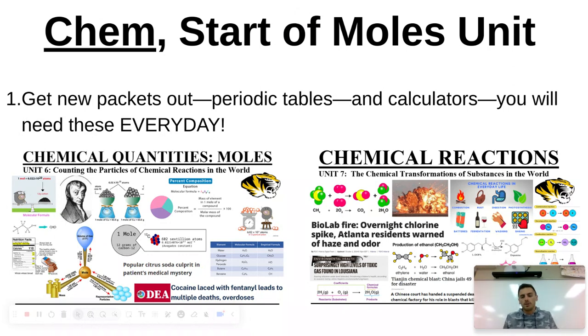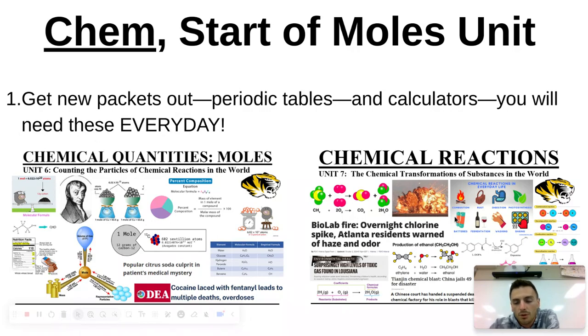Otherwise, our next two units really are different, but then they'll end up coming together and mixing for our biggest unit in chemistry called stoichiometry. But what you guys are starting now is the moles chapter. So what the moles chapter is really is how we count particles in chemical reactions. It's a number that's very hard for us to understand early on just because particles and atoms and molecules and formula units are so small, but that's kind of why we created our own system that we'll talk about with